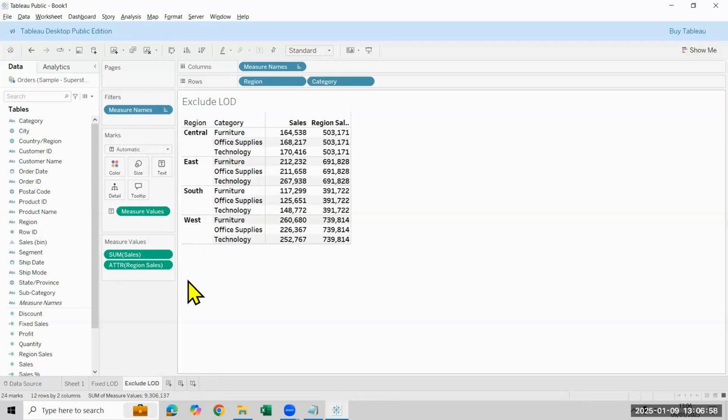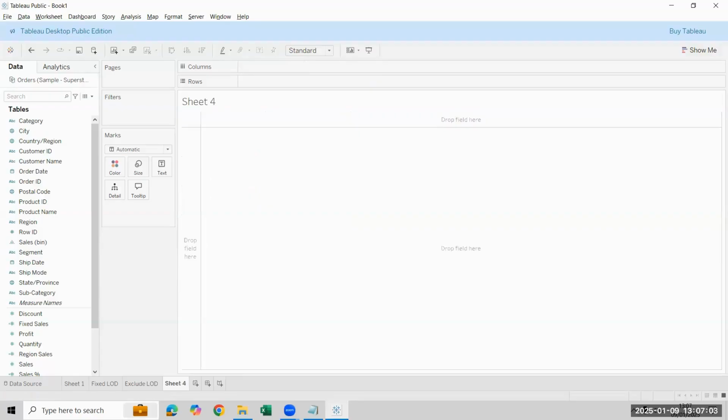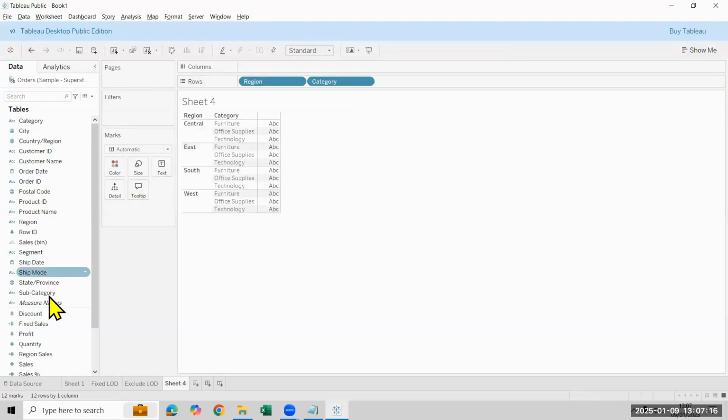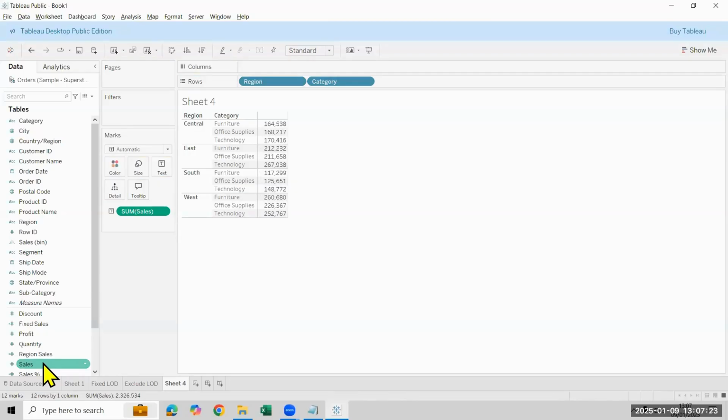What is remaining one? The last one? Include. Okay. How you gonna add this include? Let's see. Now I'm just adding two sheets here. One is region wise, category wise, sales. Now if you properly observe here,